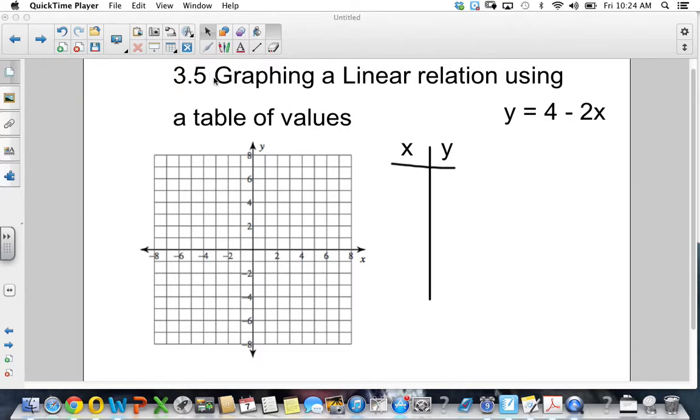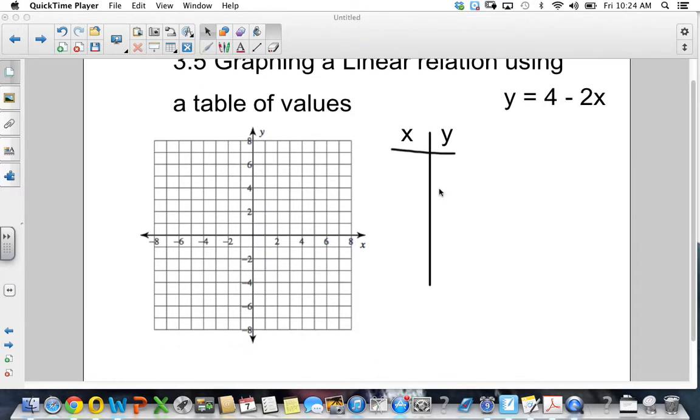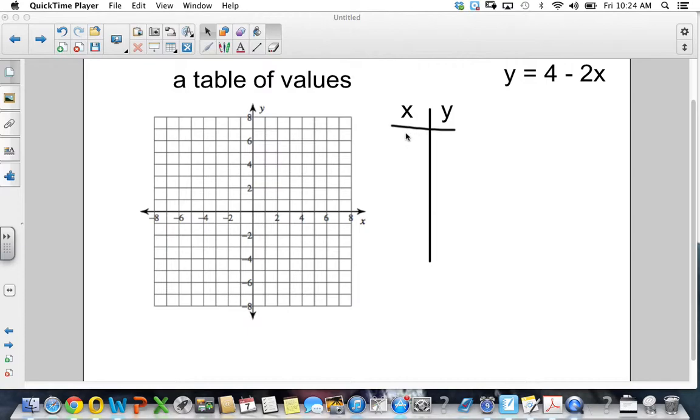This video is number 4 and it's actually section 3.5 in our textbook, Graphing a Linear Relation Using a Table of Values. Now in class we did a couple where you had to pick the values of x or y and get your corresponding point. Or I gave you values of x and you would have to substitute them in and get y. Either way, you want to be able to substitute in and get your coordinates so that you can graph your